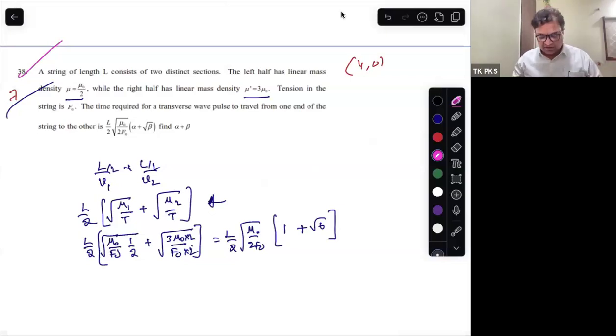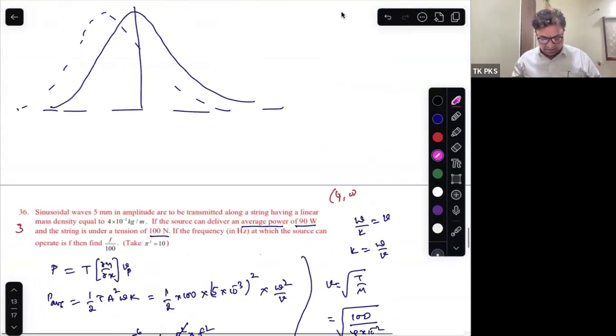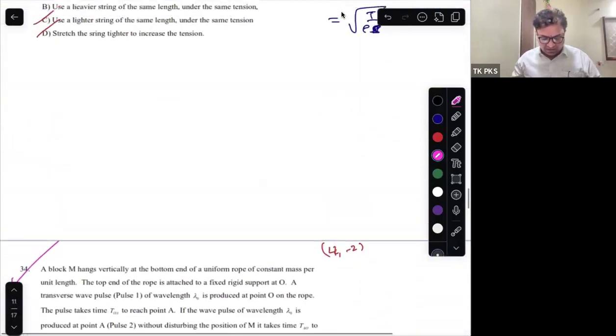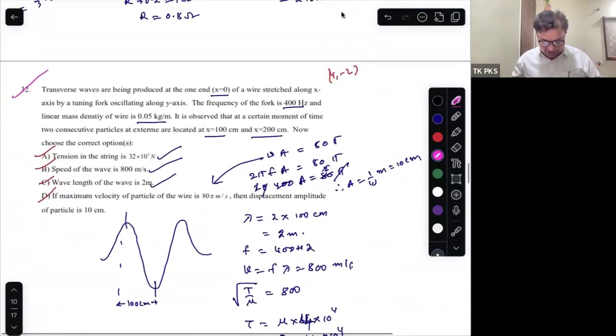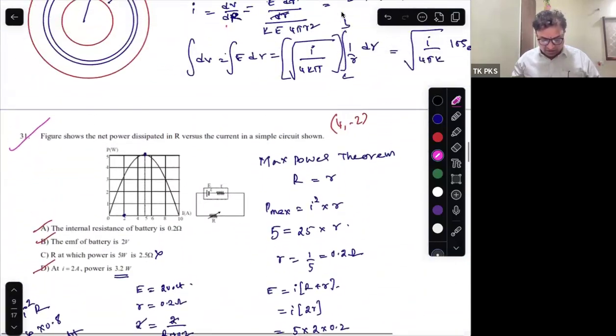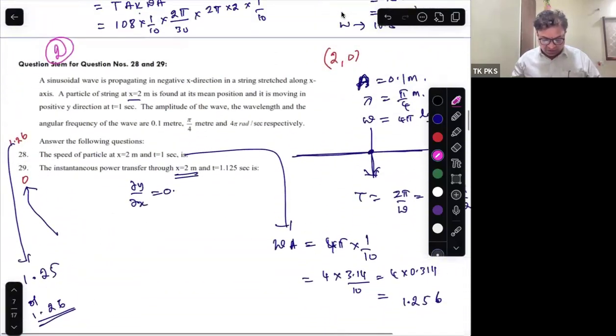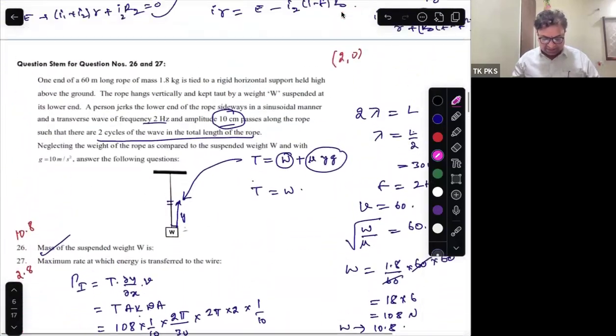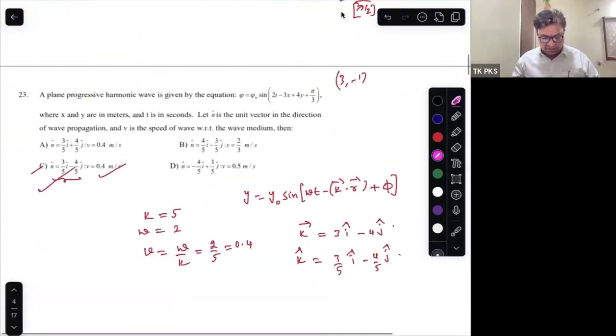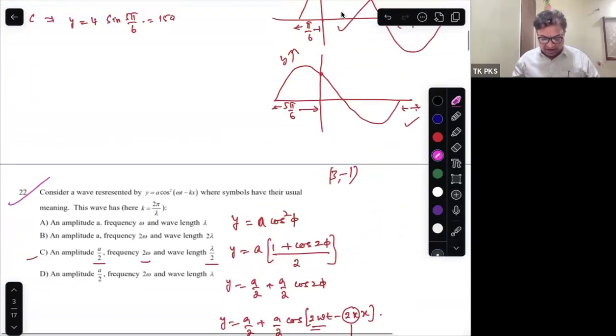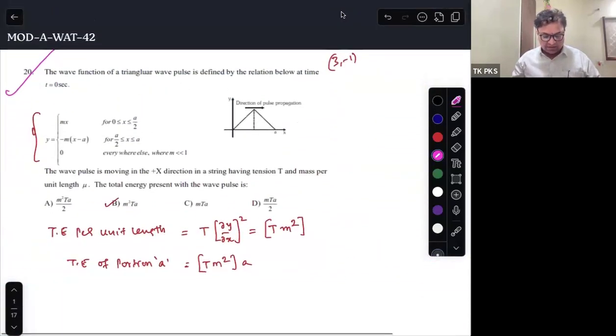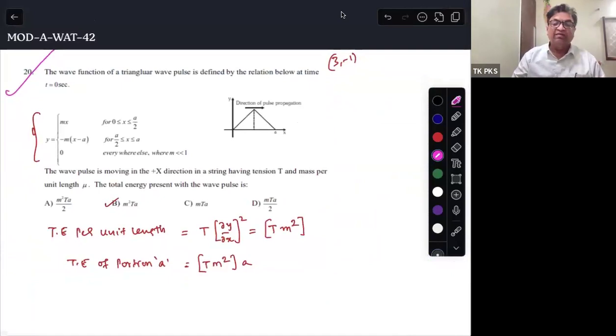Now you please count my marks. I'm an average student. 4, 4, 4, 12, 12 plus 4, 16, 16 plus 4, 20, 20 plus 4, 24, 24 plus 2, 26, 26 plus 3, 29. 28 marks minimum you can score. That's the problem with you. You are not scoring that. Any teacher who teaches element